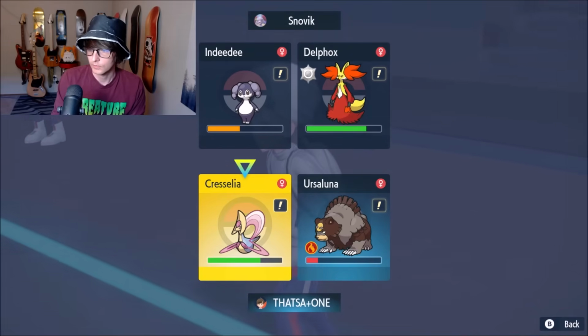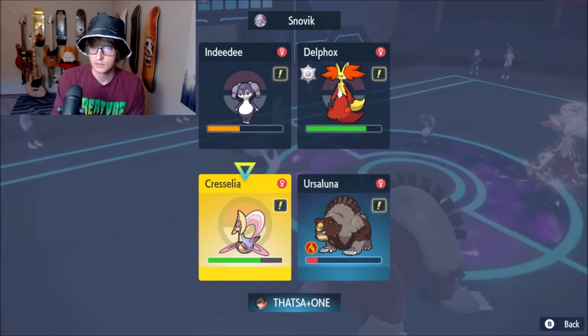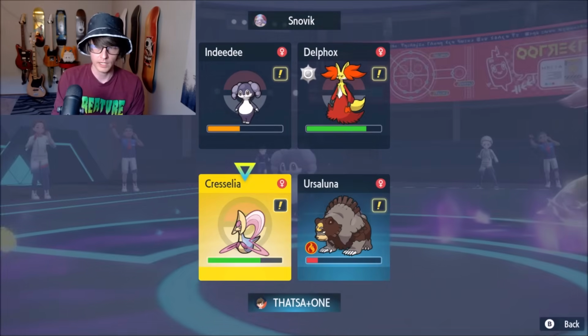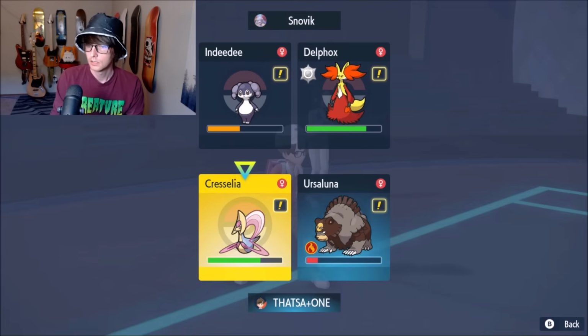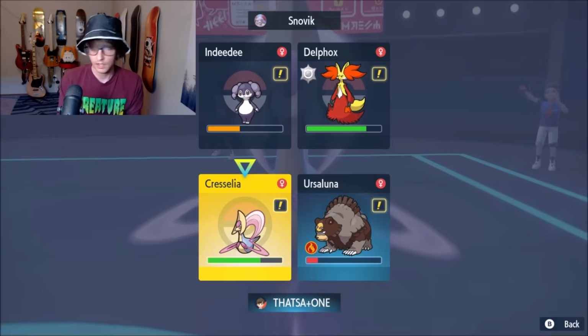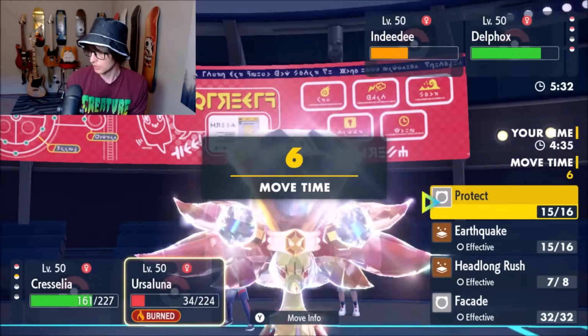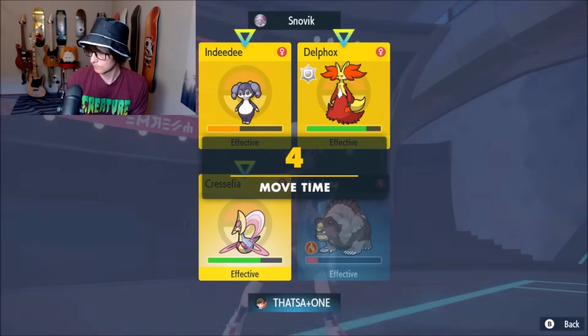If they have a different, like a normal Tera, it should do 90 on the low roll. So even if they're full HP, lowest it would do is 74. You know what? I have a feeling that we Psychic here, just to make sure. And if you Protect, you Protect. Yeah,